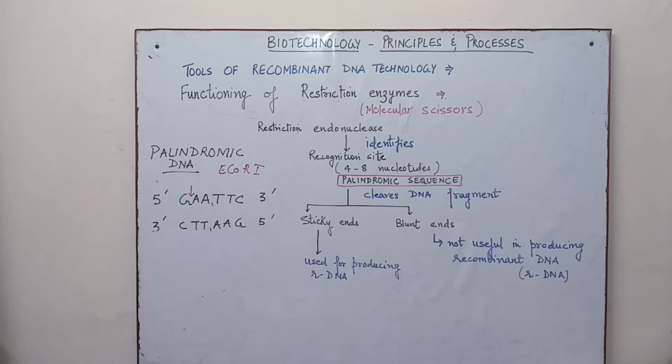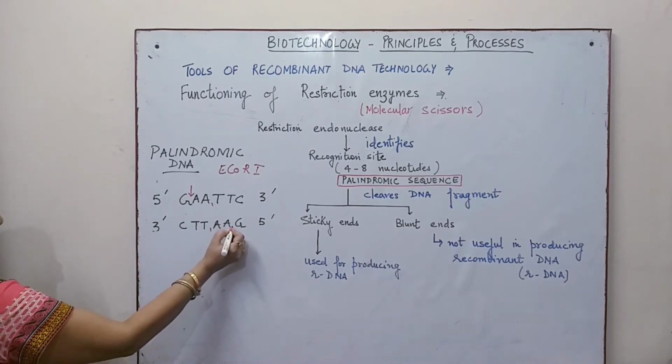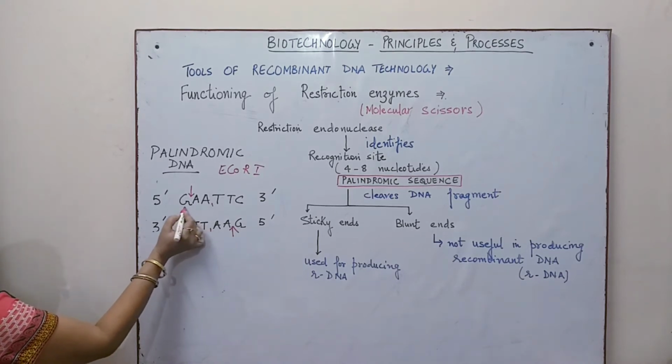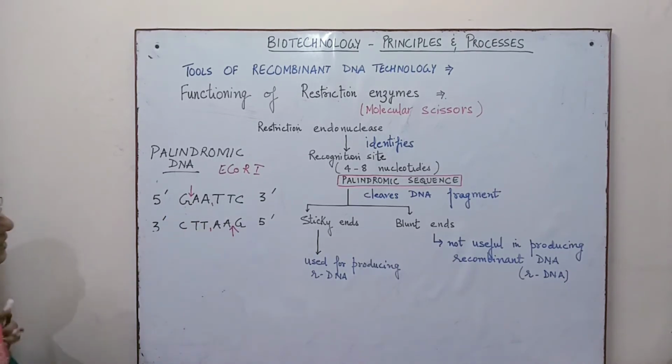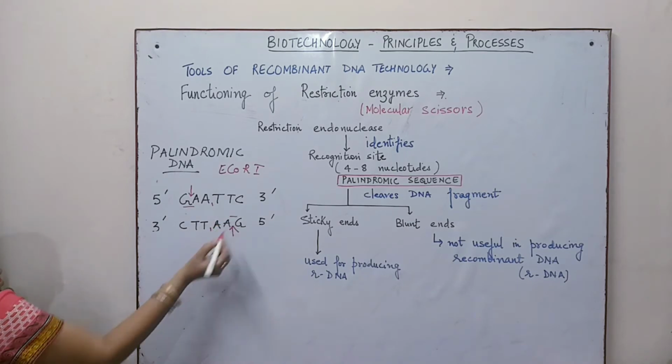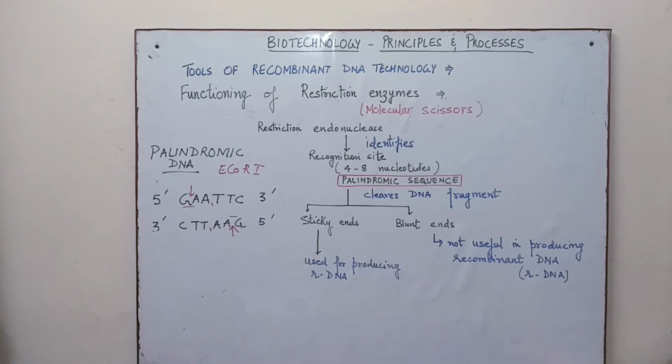So it will be cut from here, and again another cut will be from this side. So it is actually away from the center. The center is here and it is slightly away from the center, and this side also it is slightly away from the center. But the cut is between the same two bases on the opposite strand. So you observe over here, this is the place where it has been cut, and the same place over here where this is being cut. So it is the same bases but on opposite strands. So it is this type of fragmentation.